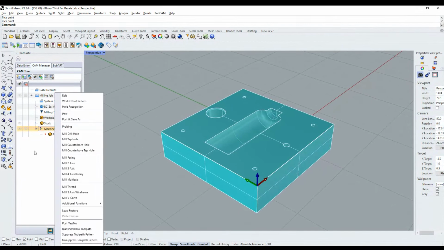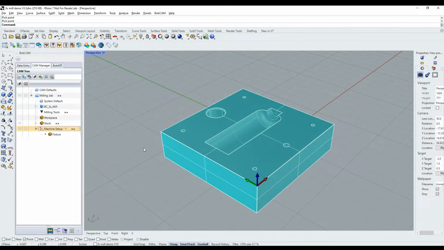I can right click on it, and then here's where we have our drilling operations at. You can see mill drill hole, mill tap hole, mill counterbore hole, mill counterbore tap hole. I don't think I have wireframe in here, but what I did in version 35, we'll go to the same model here. If I have the wireframe, which I can pick up really easily here in BobCam, under Create 2D and Extract Edges. So with my wireframe here,